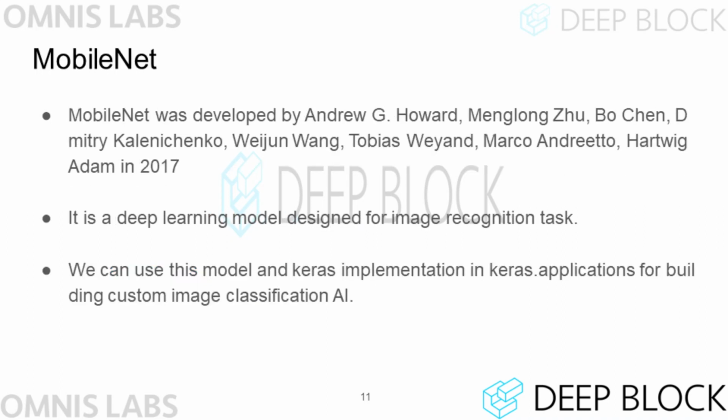Today, we will use a model called MobileNet among several models. MobileNet is a neural network model developed in 2017 and is a neural network model used for image classification. This model is implemented in Keras.applications. You do not need to know the details of the structure of this model, but since it is a supervised neural network model, the mechanism of this model is similar to the neural networks we have learned so far.